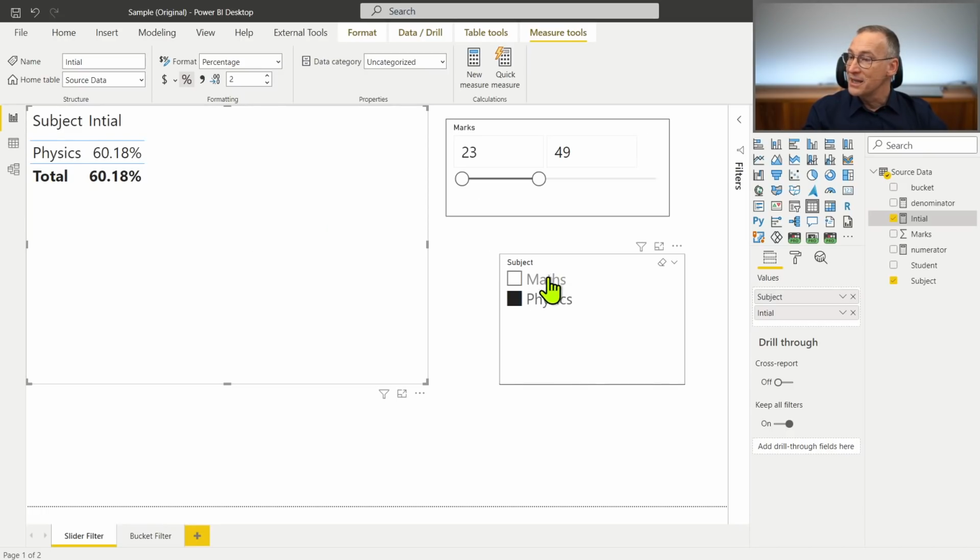Here I'm slicing by subject. I filter only physics. I'm slicing by marks, so on the number, the real number of marks, between 23, which is the smallest number, and 49, so we are less than 50. And we show initial,